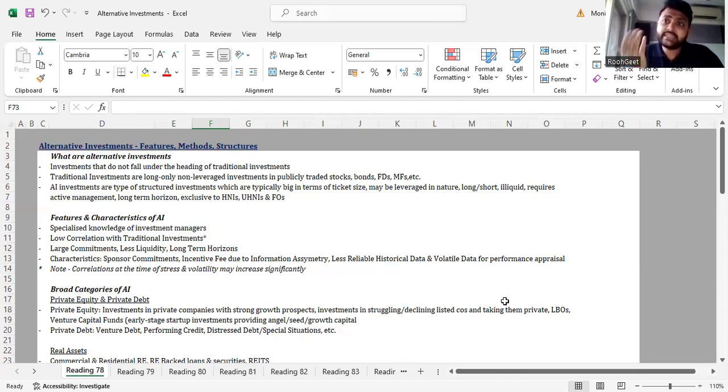net worth individuals, ultra HNIs, family offices, large families like Birlas and Tatas and Moneypals of the world, Bill Gates. You might have heard about the Bill and Melinda Foundation, stuff like that, right? And large institutions, banks, private funds which have formed, pension funds. These are institutions or investors who have so much money, their net worth is so heavy and high that they can afford to lose money and then nothing will happen to them. But a retail investor, if he or she gets trapped into such an investment asset class,